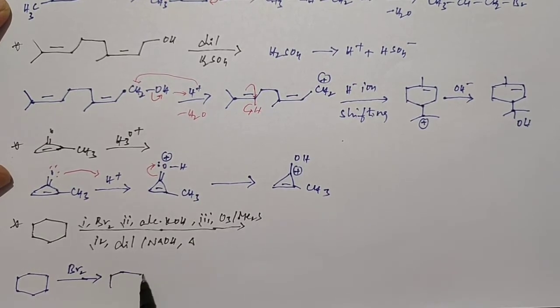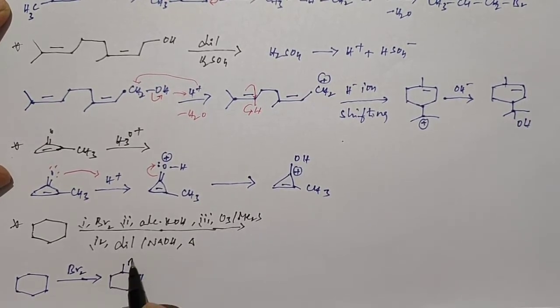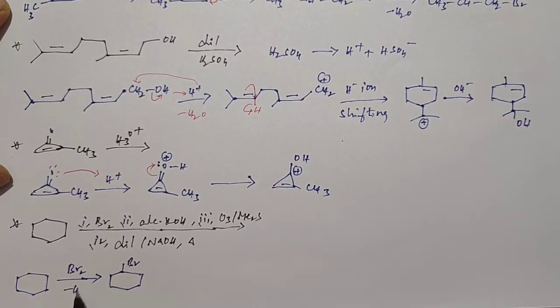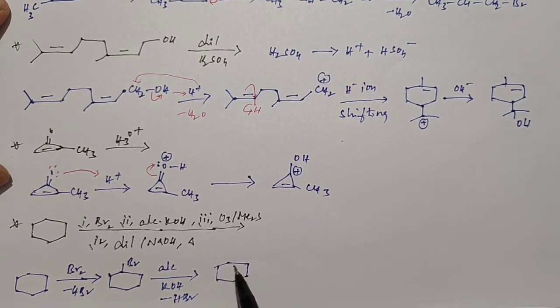We get the substitution of bromine by the loss of hydrogen bromide. Okay, after that it reacts with alcoholic potassium hydroxide solution. At that time any one of the hydrogens can be lost from this position. So after losing HBr, one hydrogen from any one of these two carbons and the bromine can be lost and a pi bond can be developed. So I just remove the hydrogen from this carbon. So we get the pi bond.